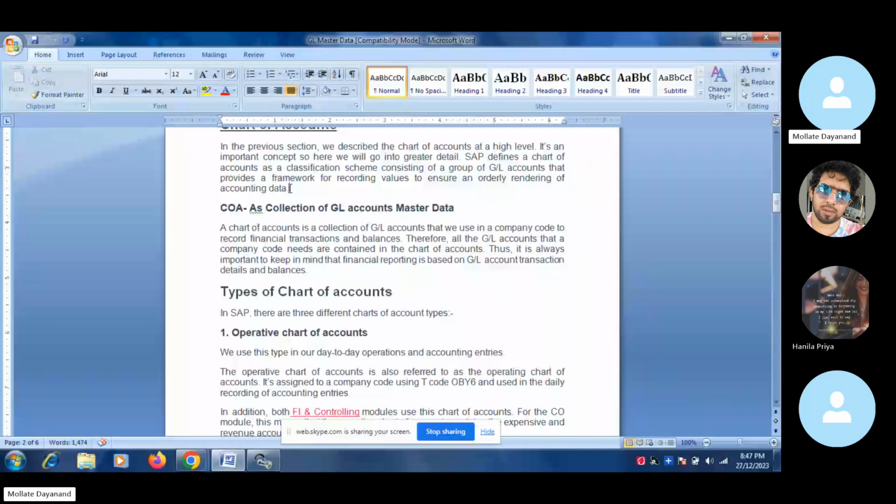That means this cost reduces the profitability of the company. So the company has to show more profit, which means more tax, on a cost that was incurred in the previous year, and the company has to bear this tax amount paid to the state government or central government. Okay, so we need to